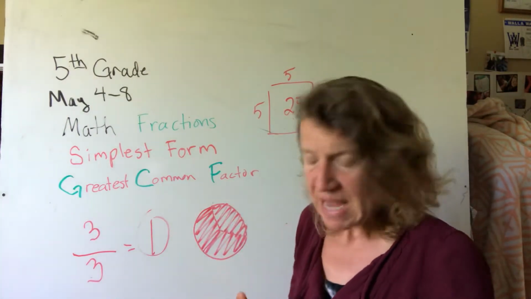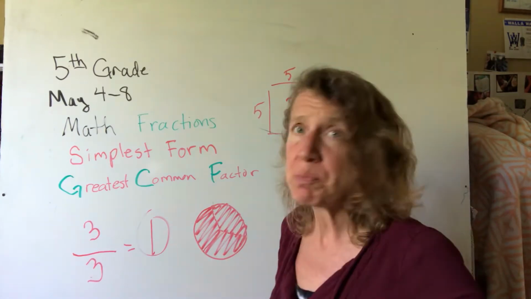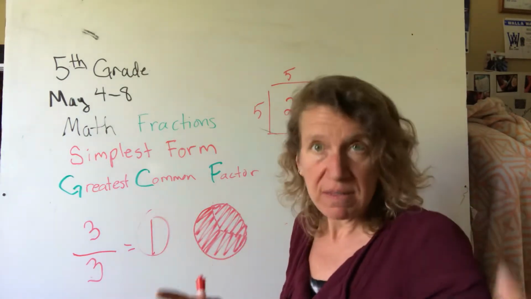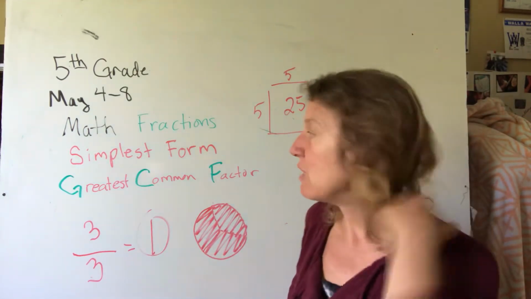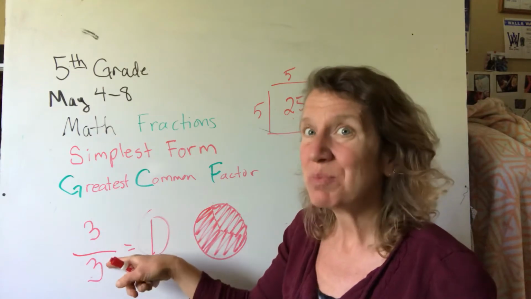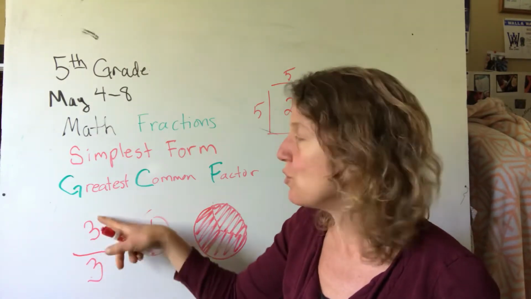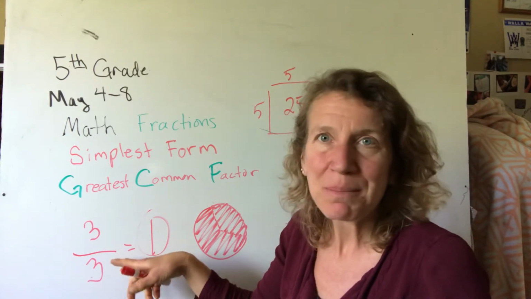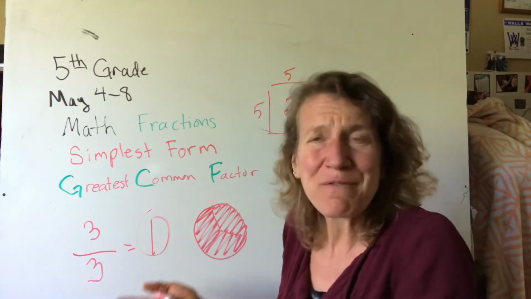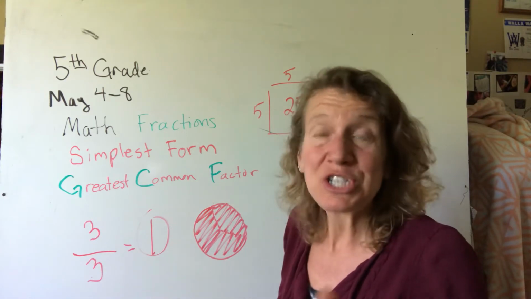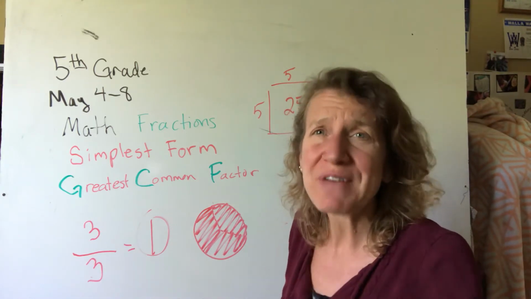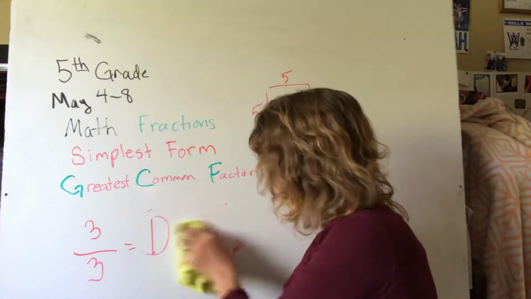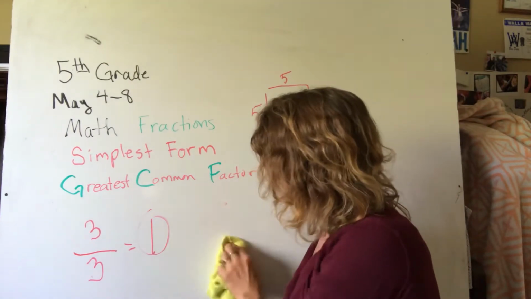That equals 1. That's important because we know we can multiply by 1 and the number's going to stay the same. We can divide by 1 and the number's going to stay the same. Therefore, we can multiply and divide by a fraction where the numerator and the denominator are the same because we're just multiplying by 1. We're not really changing the value of the number. In fractions, it's going to change what it looks like, but it doesn't really change the value of the fraction, okay? Okay, so when we talk about simplest form,